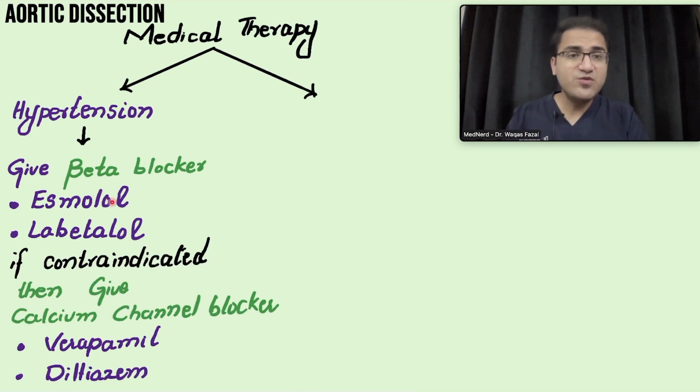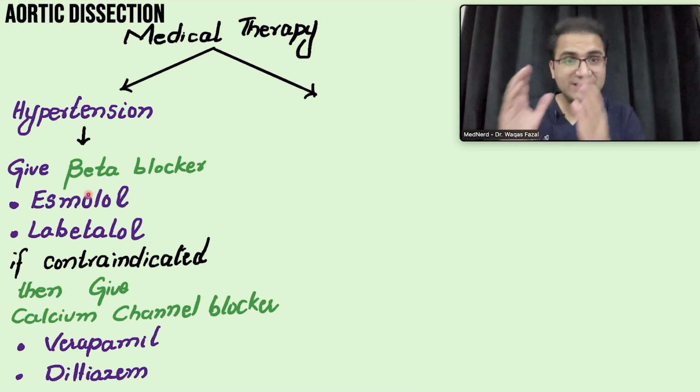But what if you cannot give the beta blockers? What if the beta blockers are contraindicated? If the beta blockers are contraindicated, then you can give calcium channel blockers. Verapamil and diltiazem can be used. After you have given the beta blocker or the calcium channel blocker, you have